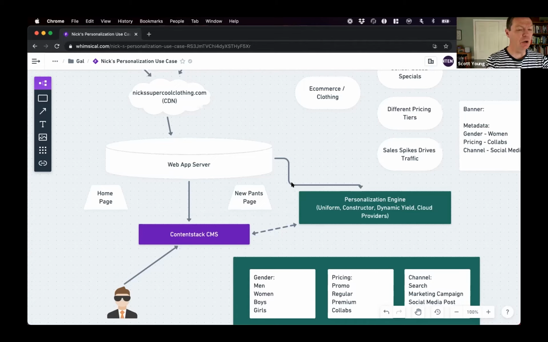So when you're implementing something new like this, you're talking about Gatsby and Contentstack and integrating a new personalization engine. That's a lot of work for organizations. They might say, well, I don't want to solve all of those problems at once. I don't want to retrain everybody on Gatsby, for example.